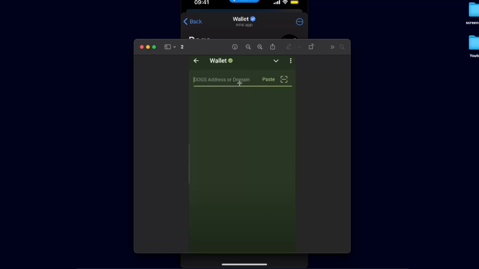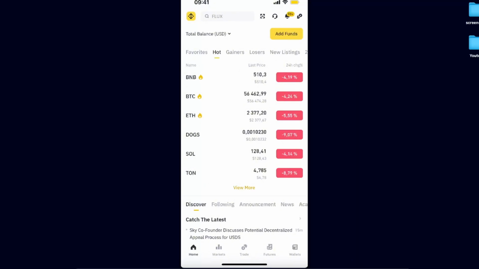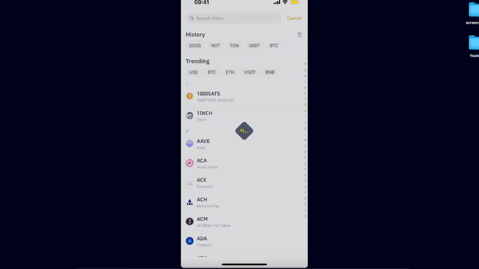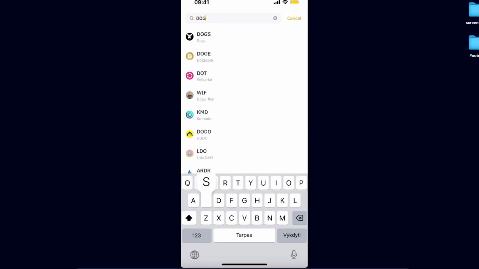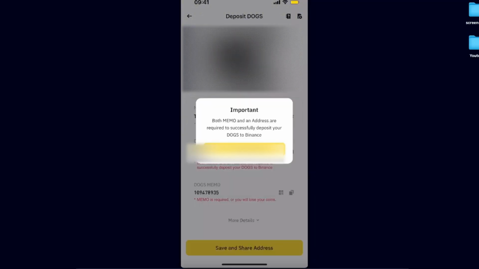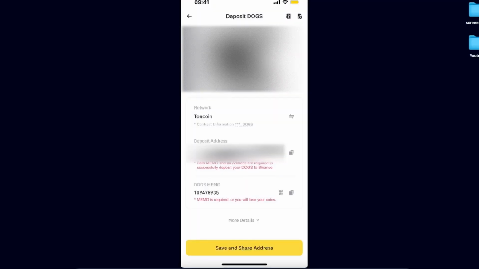So go ahead to Binance. Once you are on Binance, you want to go to your wallets and click on deposit. After that, you want to search for docs, choose it. Now you're going to choose Toncoin Network. And as you can see, both memo and an address are required to successfully deposit your docs, so make sure to use both. After that, you're going to just copy the address and later the memo, and go back to your